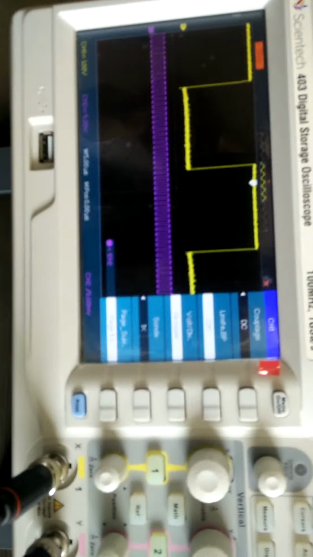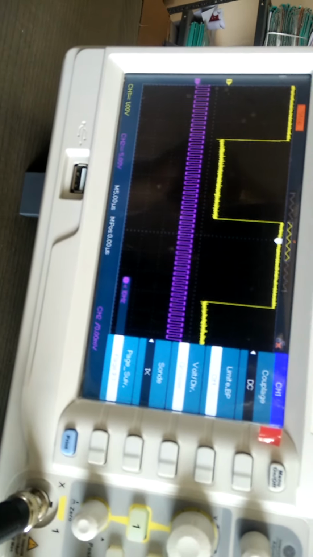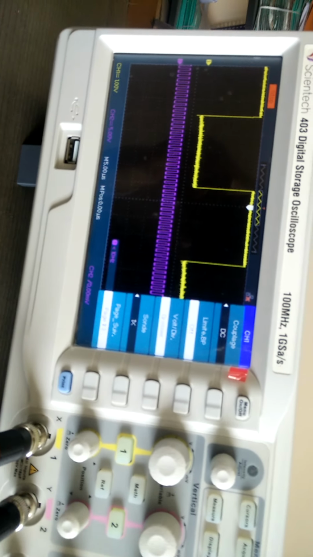Now we will see the recovered signal, the final output of PCM, and we will compare it with our input also.